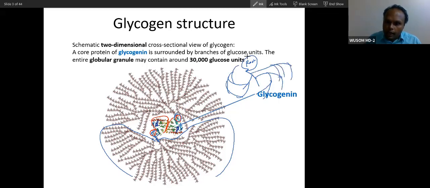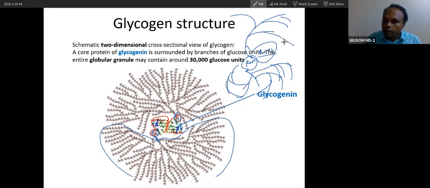There will be a second root here, a second glycogenin protein, and at this root of glycogenin protein there will again be a trunk. For your convenience, I am using this metaphor. You will not find root and trunk in the textbook. I am telling you root and trunk so that you can remember, and correlate with the trees that you see every day. So root is protein, and here is trunk.